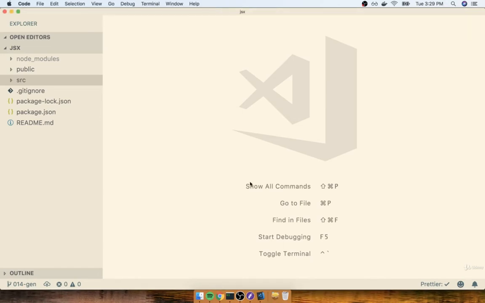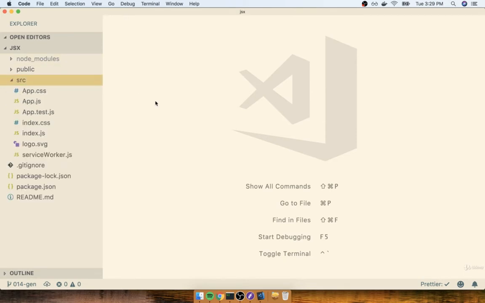In this section, we're going to start making a couple changes to our project. I'm inside of my code editor, and I'm going to open up my SRC directory. Now remember, our goal right now is to get a better idea of how JSX works. So I want to delete all the code inside this SRC directory, and we're going to replace it with one or two files in which we're going to experiment in just a little bit, and we'll get a better idea of exactly how JSX works.